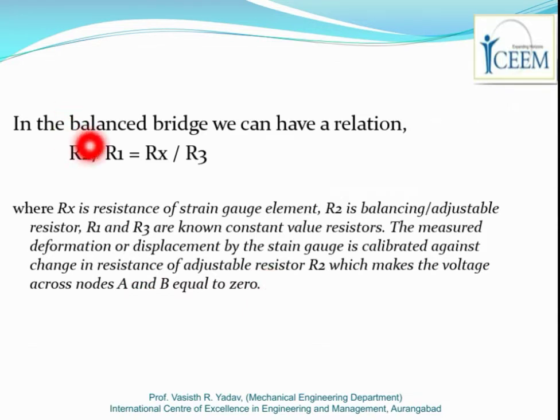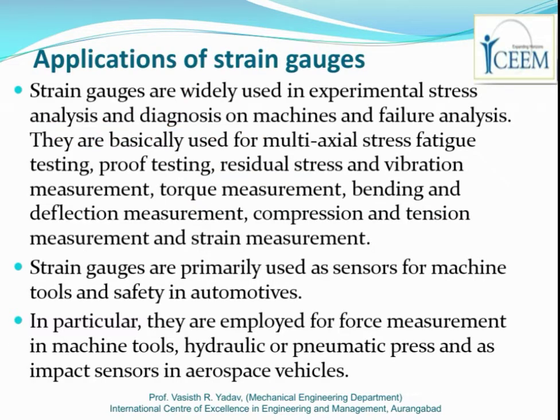So basically we have this relation, that it is measured by the Wheatstone bridge. So that is its working principle. Now we can sum up that the working principle of any strain gauge is that it utilizes the balanced expression of a Wheatstone bridge resistance to measure the change in dimensions. What exactly does it measure? It measures change in resistance. That change in resistance is calibrated in terms of change in dimensions, right?